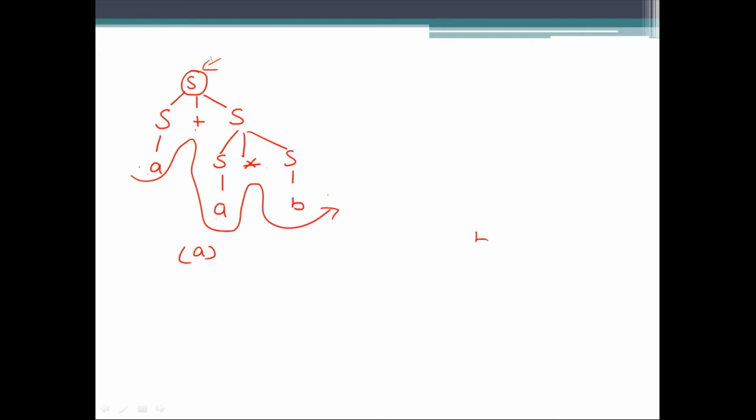Now for the second one, we can start with the root. What we have seen, S has been replaced by S asterisk S. Again, fine. A, A, B. And in the last class also, when we were discussing it offline, we have seen this, that in this